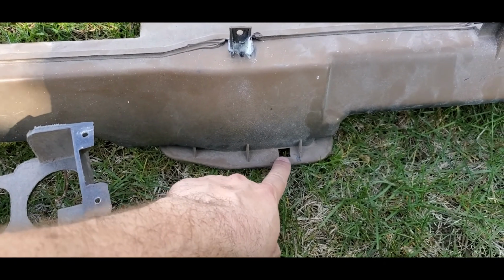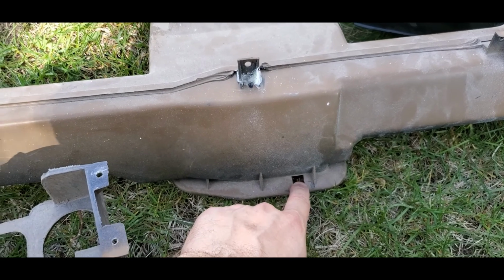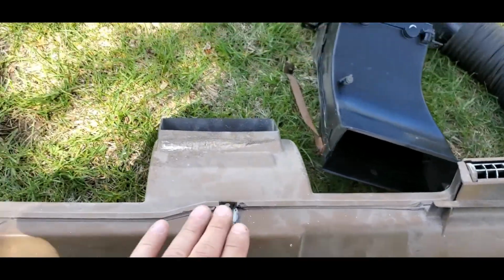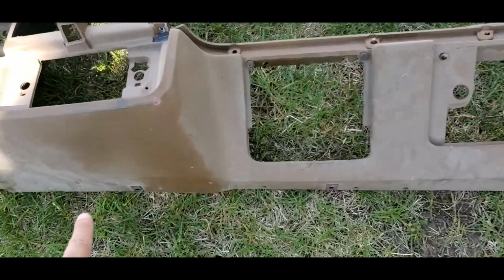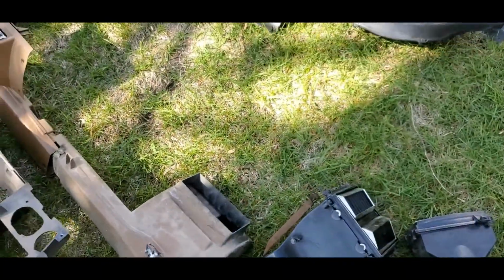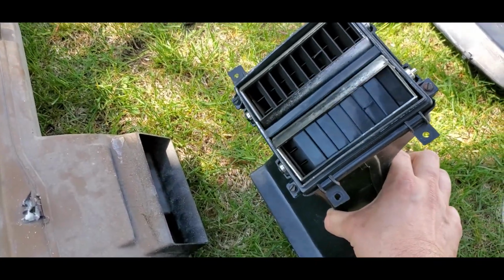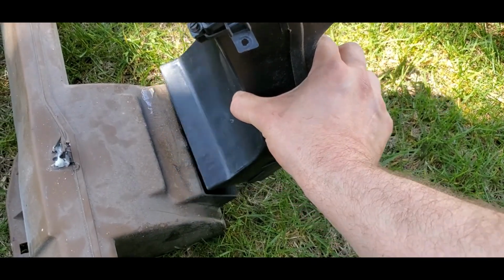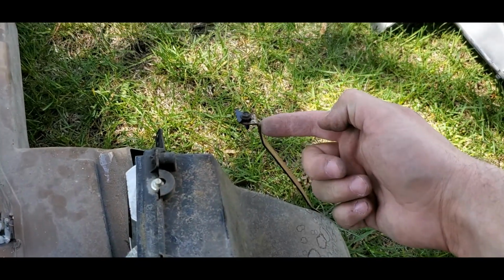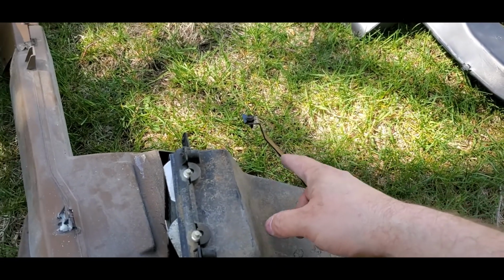You're gonna have a little tiny itty-bitty bracket that goes on the back. You'll see it where it's in there. It snaps in. Usually these always break because they kind of just clip in from the back. But this is your passenger side ball chiller. It will mount across the bottom of the dash there. And then that vent will sit in that hole. And then inside that, you will have your center section that mounts into the center of the dash there, your center vents. These will slide right into here. And then you're going to have a little tiny bracket that bolts up to either a bracket inside the dash, I can't remember now, or it's a part on the actual